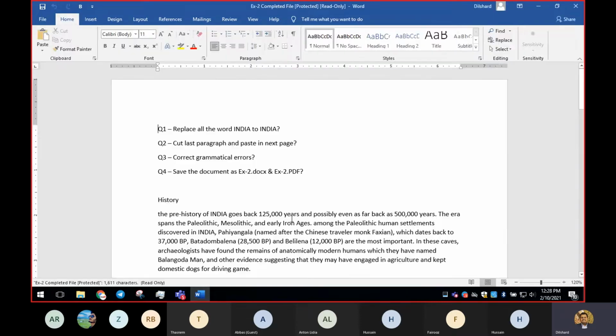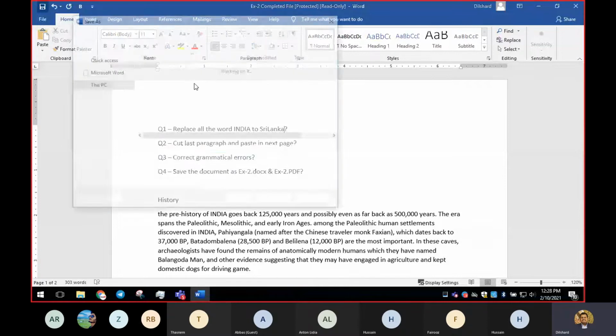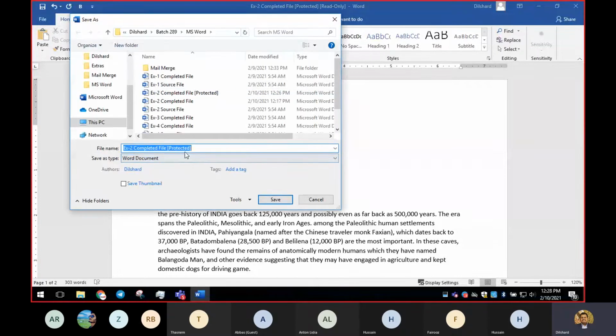Right. Still we are getting the edit window. Let's see whether we can save this. Okay, so what is the difference?